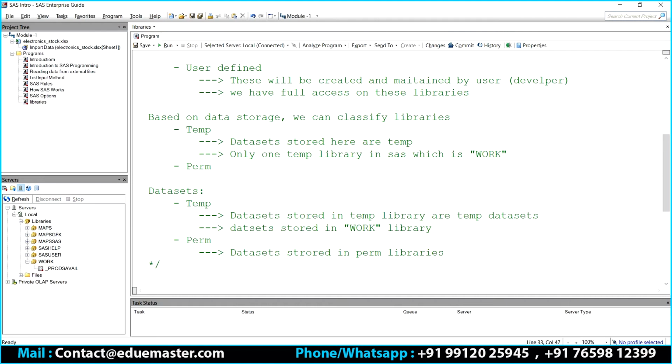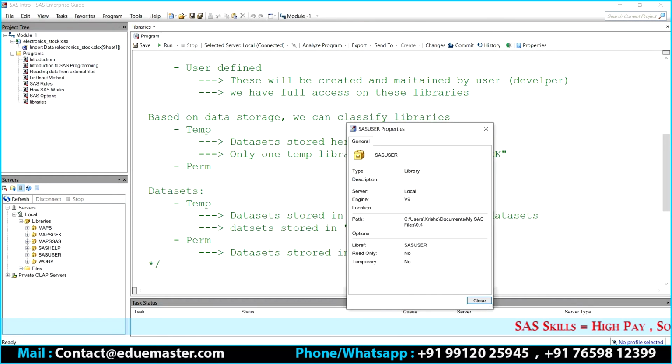Okay, the next thing. You said work is the only temporary library. In that case, these remaining 5 are all going to be permanent only, right? You can ask me a question: why can't I store the data here? Correct? Because SAS user... Tell me.